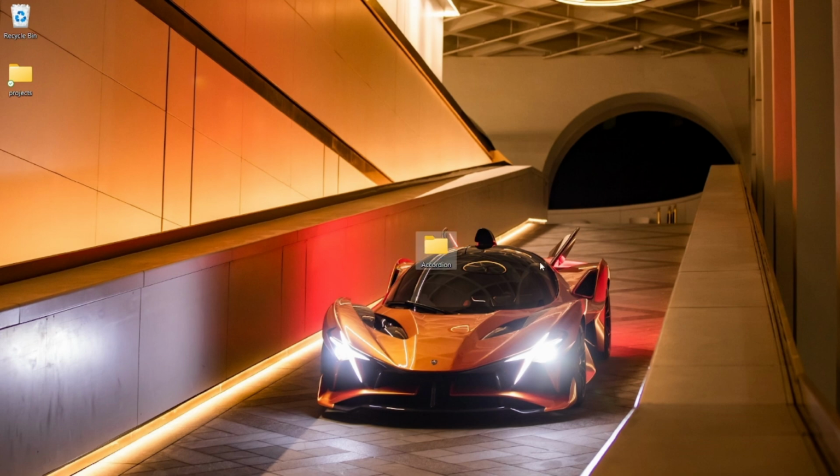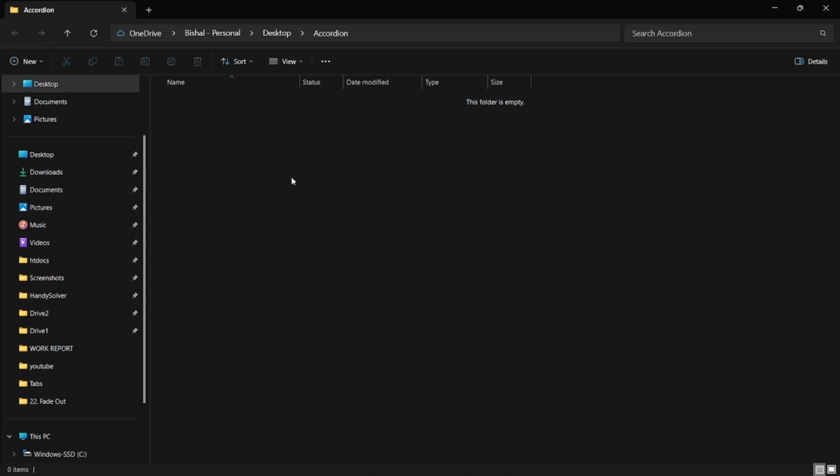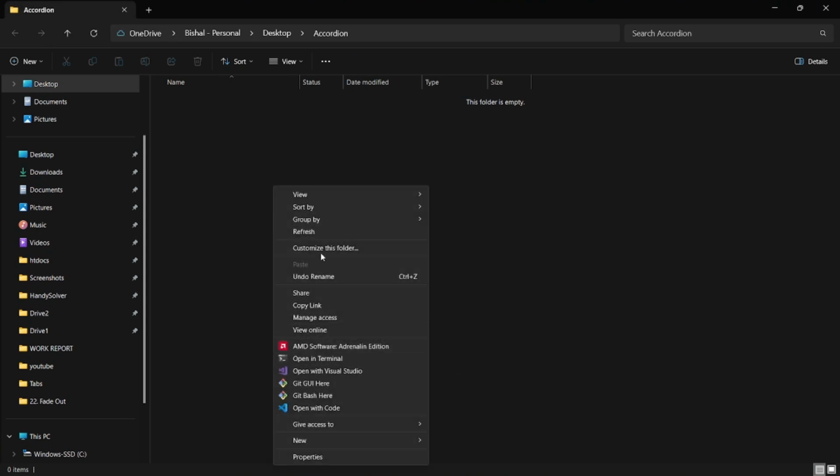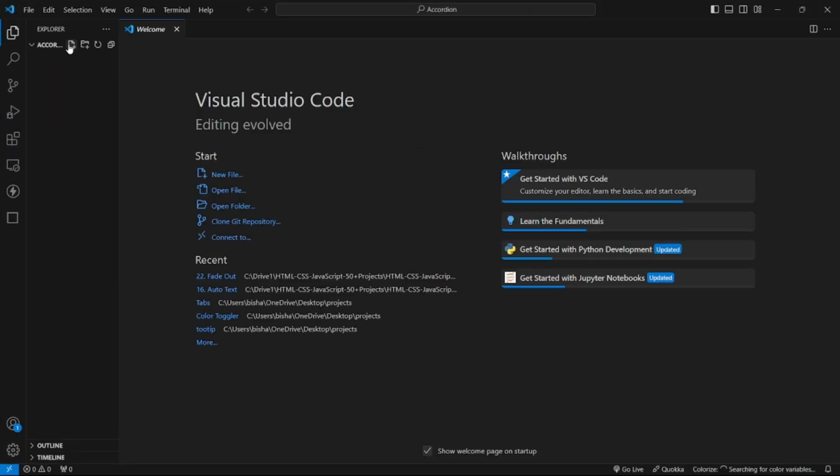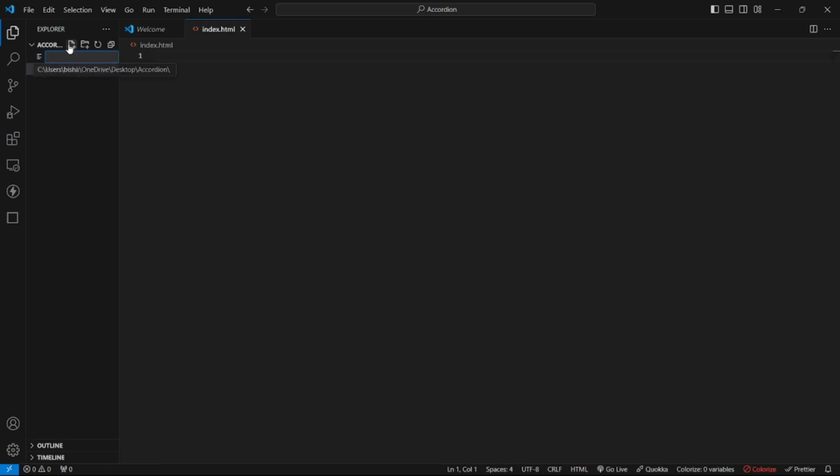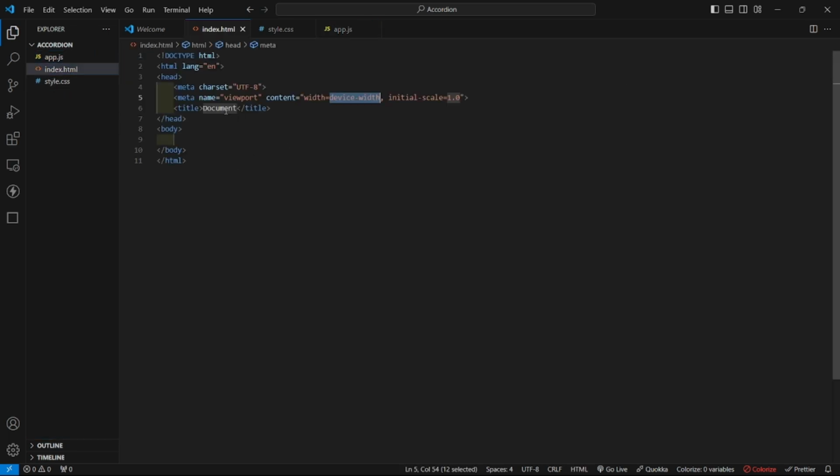So let us start with folder accordion. Next time I will prepare this folder from the beginning only because it takes a bit of time. So let us start with our index.html. Then we have style.css and we have app.js. We will start with our HTML part. Let us give it a title,